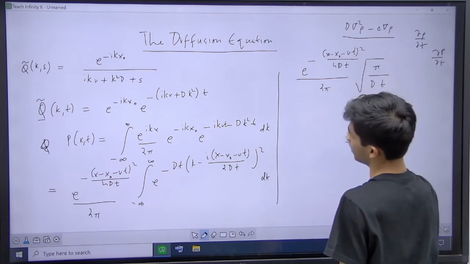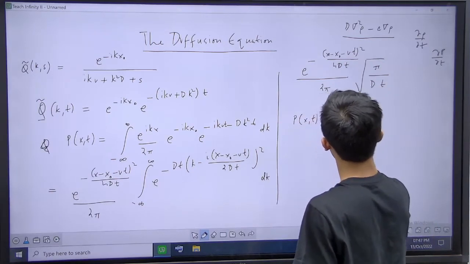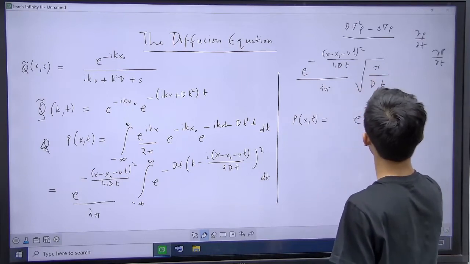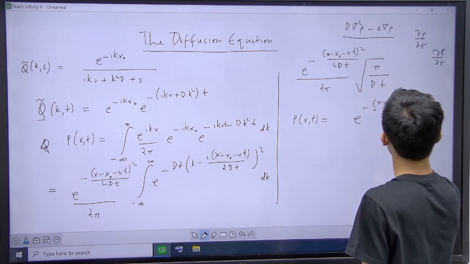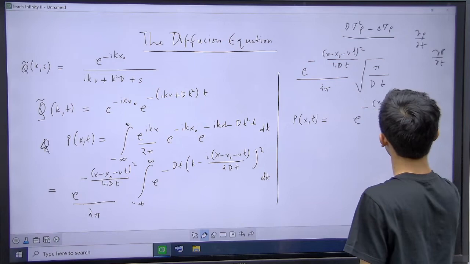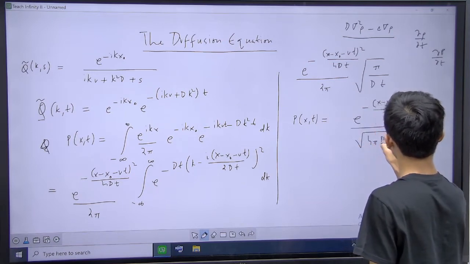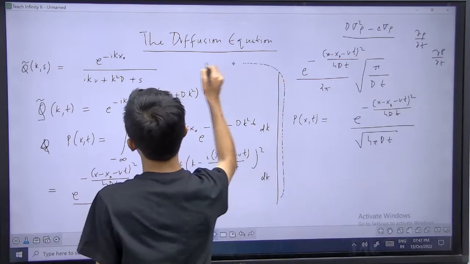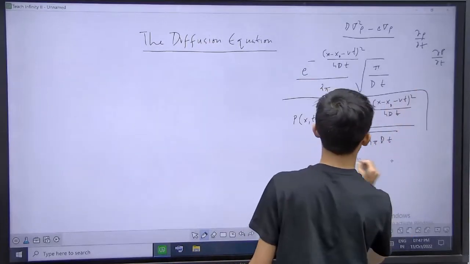Correct? And so finally we get this as p of x comma t. So this is what we were looking for,